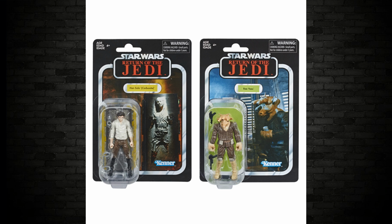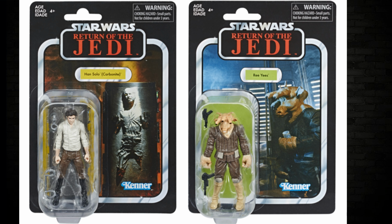The card backs on these I'm happy with. There's no real massive photoshopping. If you guys get picky and say, oh, they photoshopped the hell out of it, I think these look good. These card backs are fine. The lighting on both of them is perfect. There's obviously a little bit of Photoshop probably going on, but not enough to say, hey, that's hideous and terrible. Very good, very cool. And the price point,